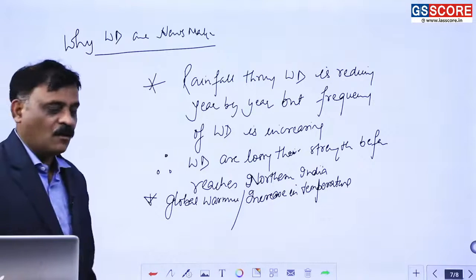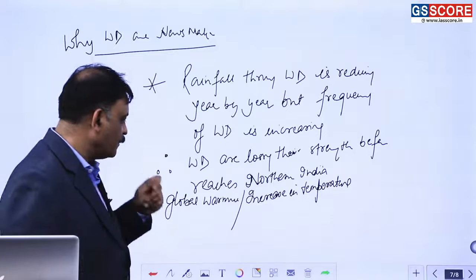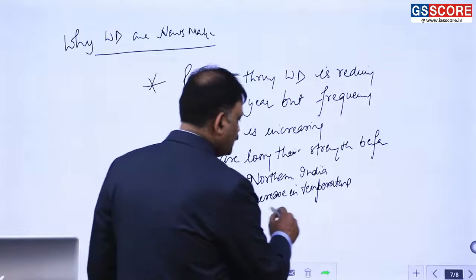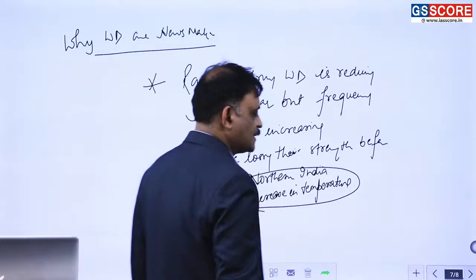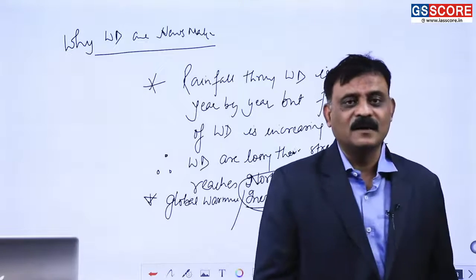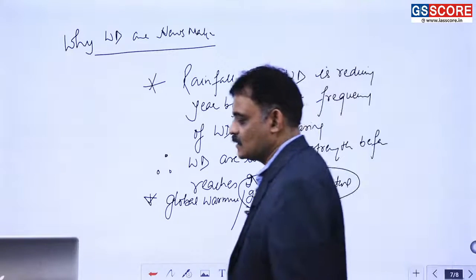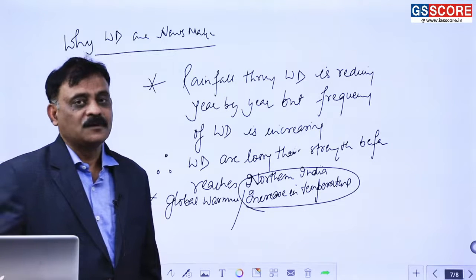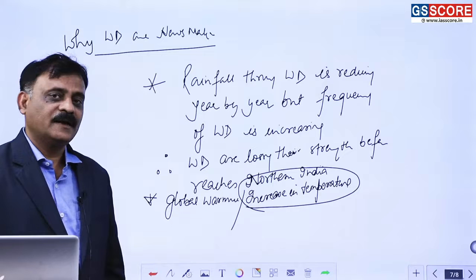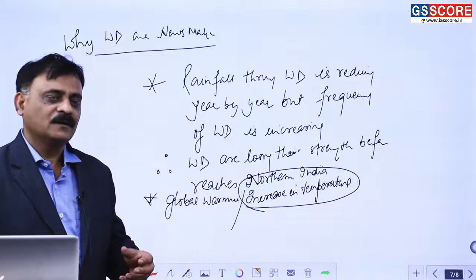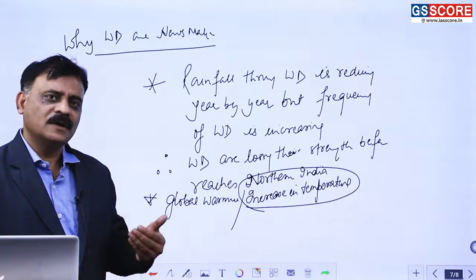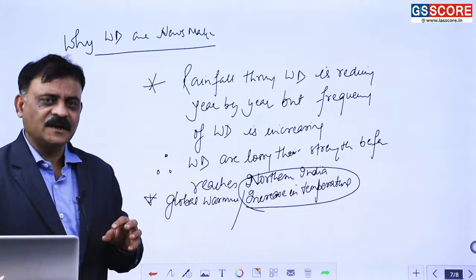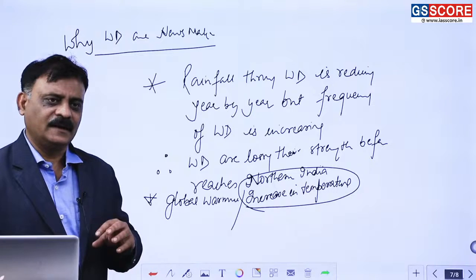ओके, तो पहला तो न्यूज मेकर इस वजह से क्योंकि ये आजकल थोड़ा सा नखरे दिखा रहे हैं। ओके, और नखरे दिखाने के पीछे रीजन ये भी हो सकता है कि ये ग्लोबल वार्मिंग और इंक्रीज इन टेम्परेचर की वजह से है। अब बात ये आती है कि इंक्रीज इन टेम्परेचर का क्या फर्क पड़ रहा है, तापमान बढ़ने से क्या फर्क पड़ रहा है। देखिए, तापमान बढ़ने का सबसे बड़ा इफेक्ट ये देखने को मिलता है कि जब टेम्परेचर बढ़ेगा तो एयर की मॉइस्चर को होल्ड करने की कैपेसिटी भी बढ़ जाएगी। ओके, तो प्रेसिपिटेशन के चांसेस रिलेटिवली कम हो जाएंगे।